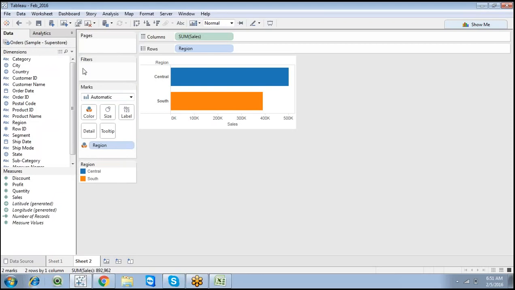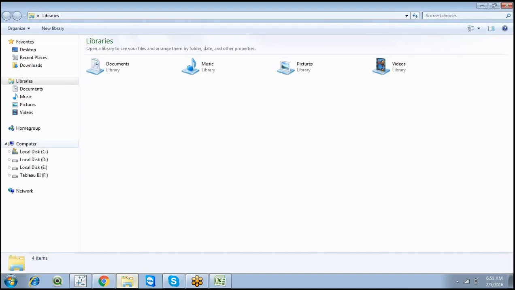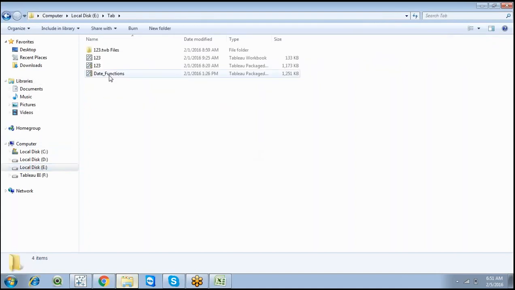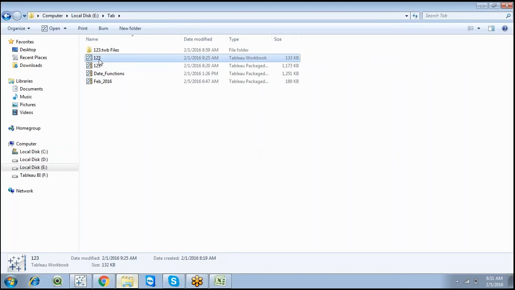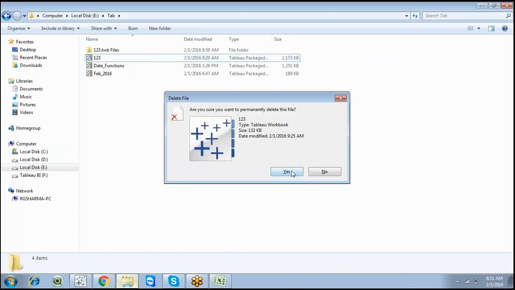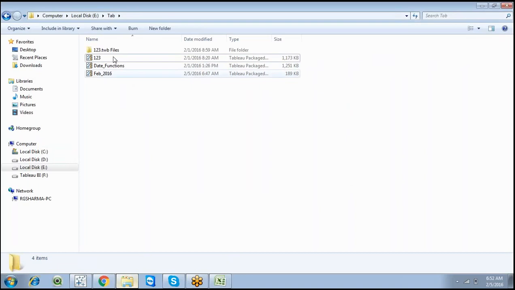So I already saved my workbook here, so just go to my desktop and saved as February. So this is my workbook, a package workbook. And I want to save this particular workbook into a different location. Control X, and here I just want to copy the February related information and delete the old one.